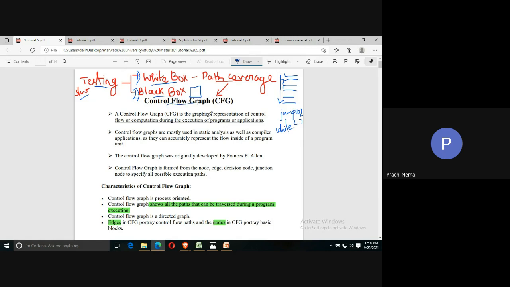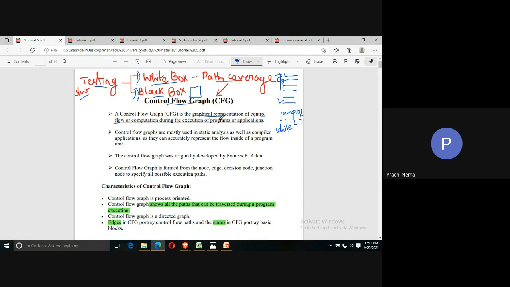Control flow graph का काम होता है graphically represent करना control flow. Control flow मतलब when we are executing a line of code, we say that the control is on that particular line. Then the next line on which this control goes, that line will be executed. So control flow shows us where the control is moving or getting transferred, so that we can know which line is the next line that needs to be executed.